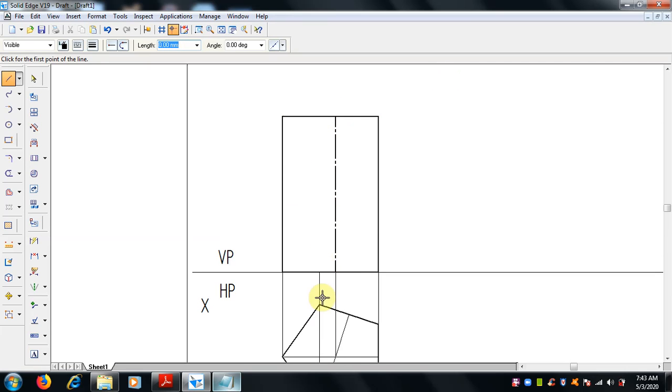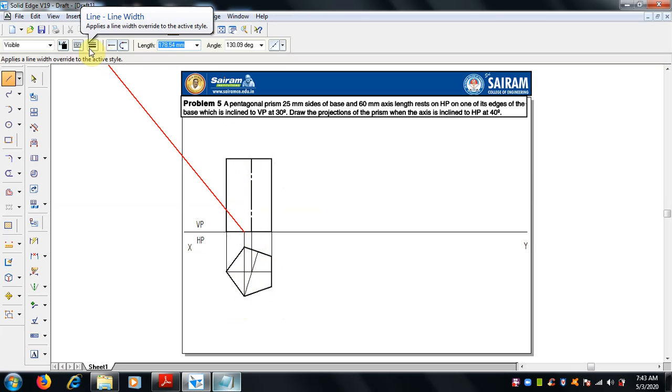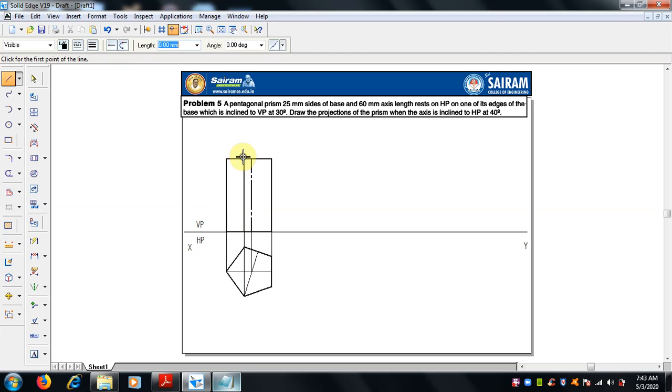This is the axis. Now you can see what this line is, this is also the view when we are seeing from this side. This is actually the top view. When we are seeing from this side, this corner will be looking like this, and the line from this edge will be like this, and from this corner, this and this, it will be looking like this. So that should be a 0.5 mm thickness visible line. It is a visible edge, when we are keeping in this position.